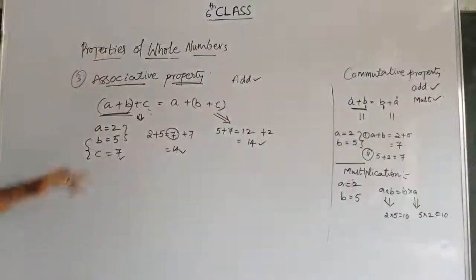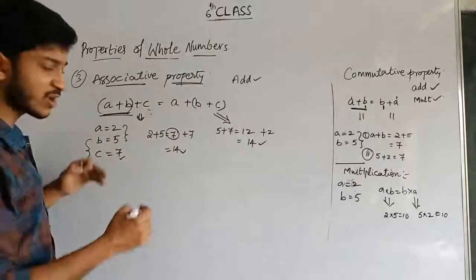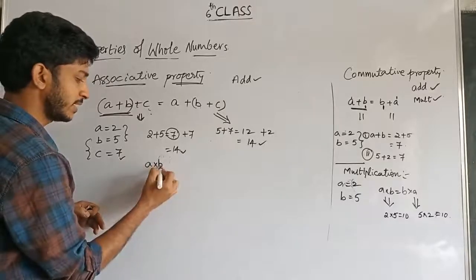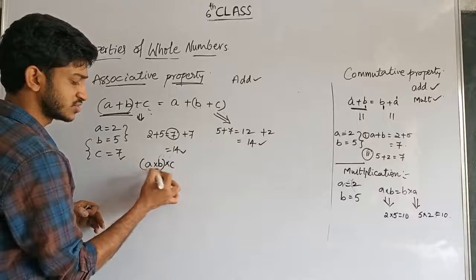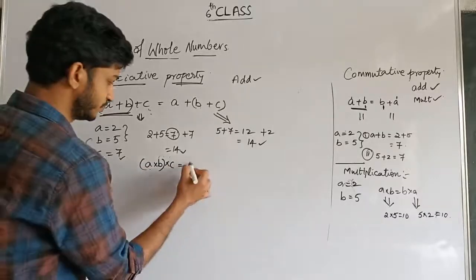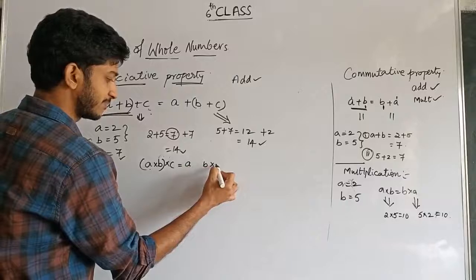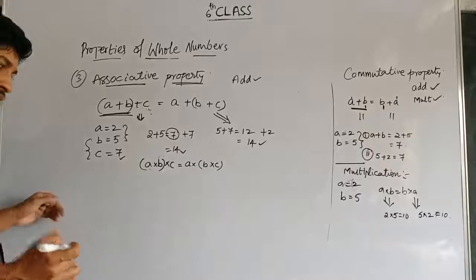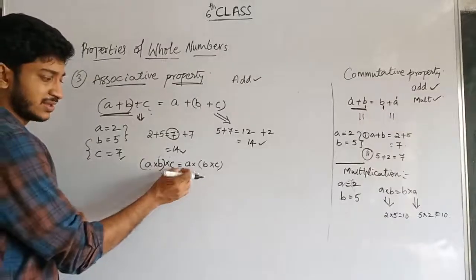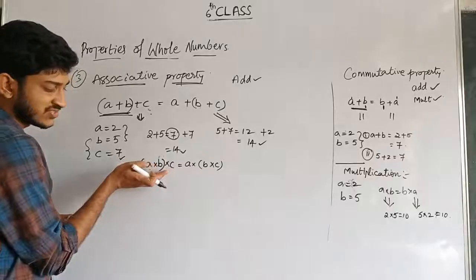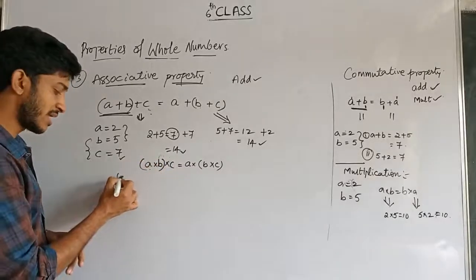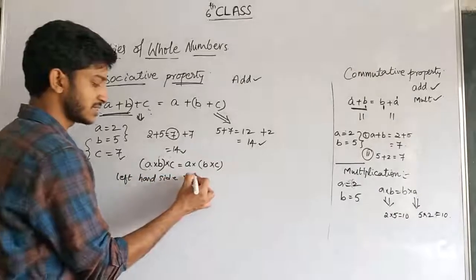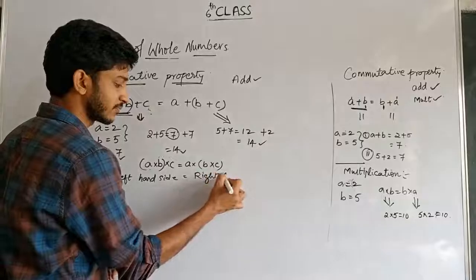Okay. Now I am checking this same property under multiplication, means a into b into c, means we have to multiply first these two terms, and this must be equal to, first we have to multiply b into c, and then multiply this answer with a. Here, this is the equal to sign, and the terms on the left side of the equal to are called the left hand side. This is the left hand side and this is the right hand side.